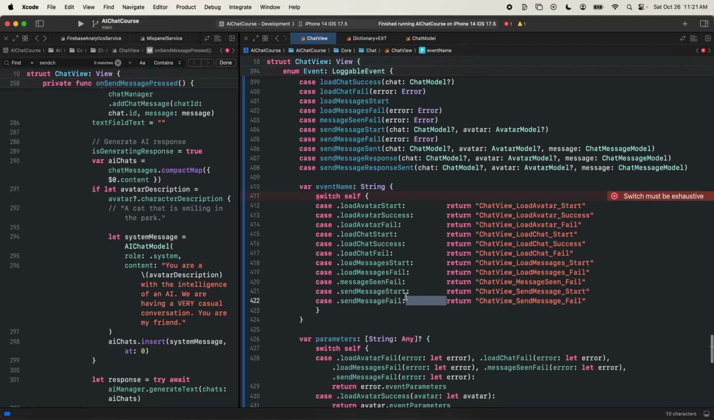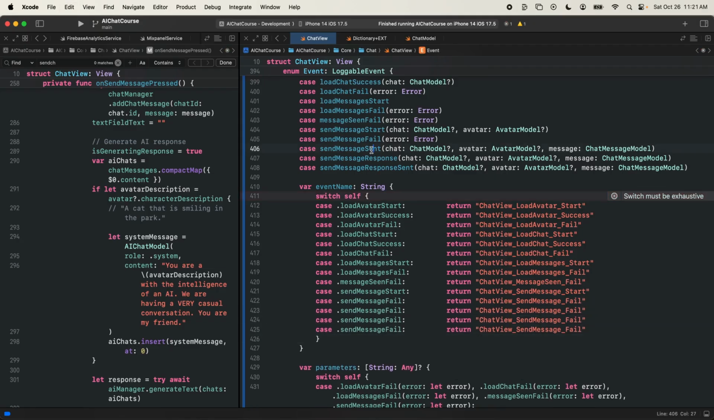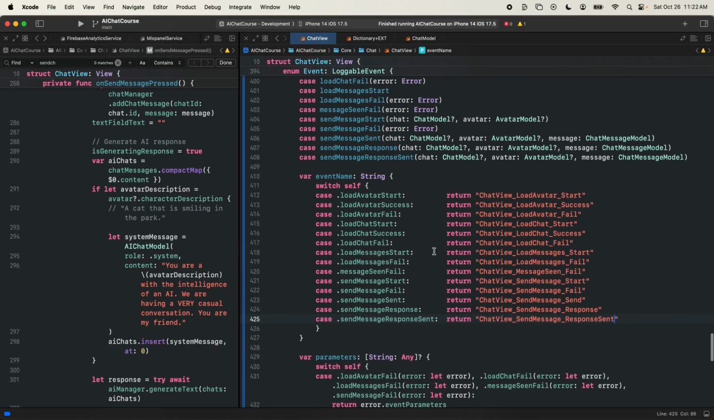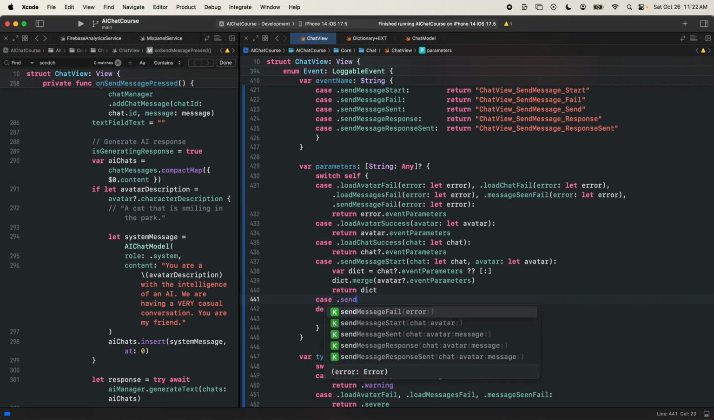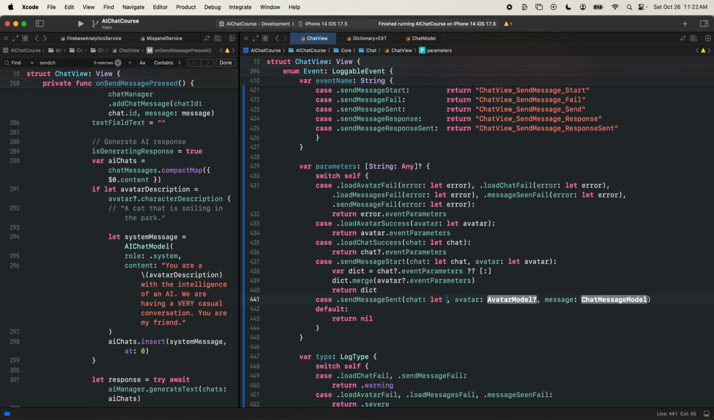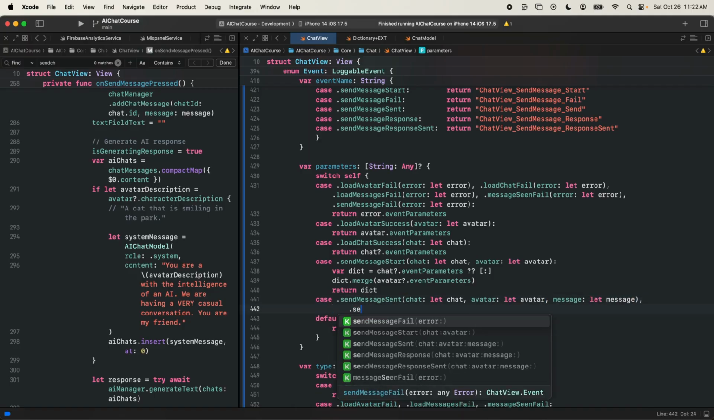So let's copy this, paste it 3 times. Send chat sent, send message response, response sent. Chat view, send message. And let's just say sent, send message response, and then send message response sent. All right, we have all 3 of these that we need to merge. So let's come down here and create a new case for .send message sent. Let chat, let avatar, let message, comma. We have send message